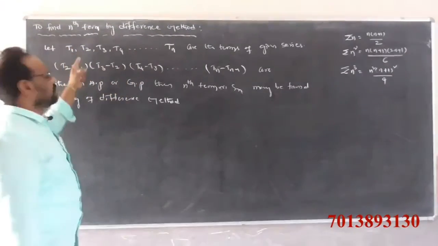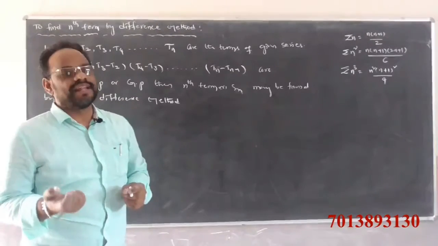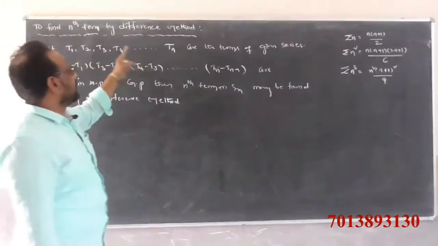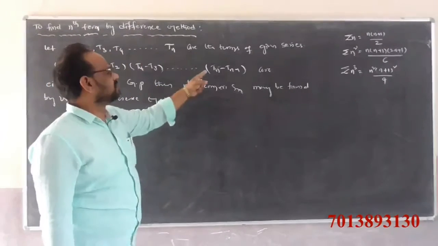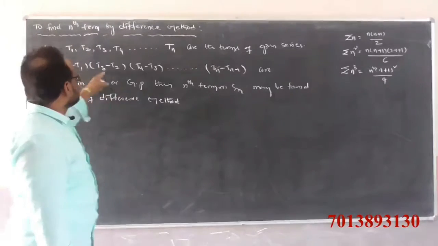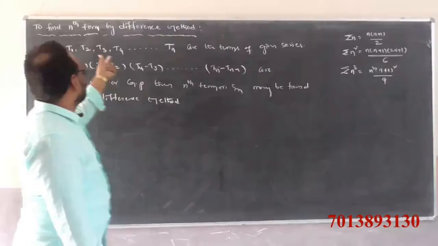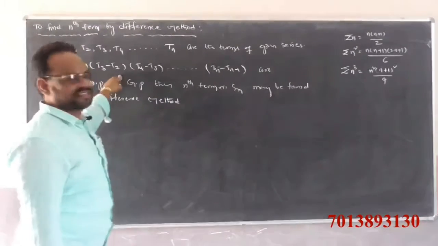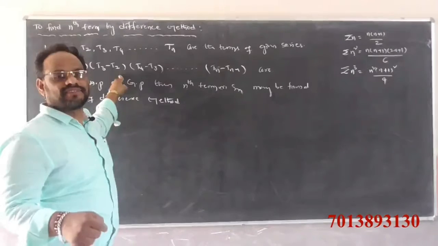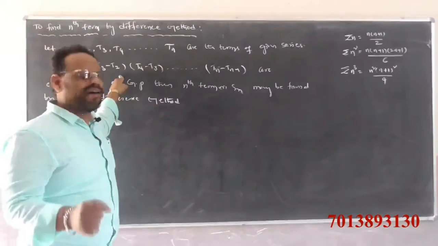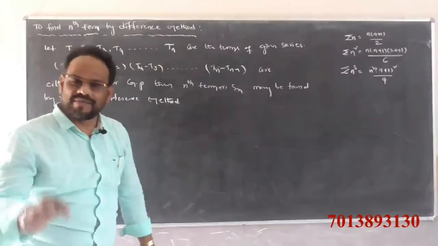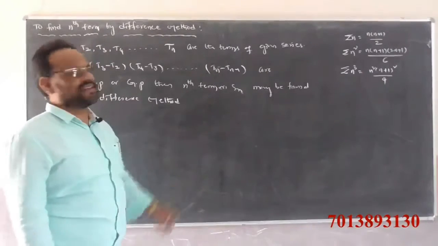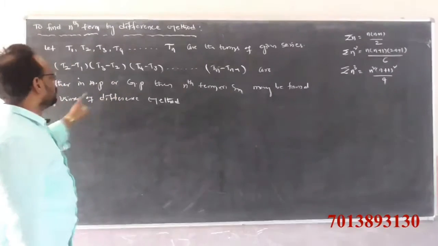by using the difference method. What is it? First of all, we find the difference between any two consecutive terms: T2 minus T1, T3 minus T2, T4 minus T3, T5 minus T4, and so on up to Tn minus 1. The differences between the consecutive terms of the sequence or series also give another sequence or series. If the terms of this series are in AP or in GP, the nth term or the sum of n terms, Sn, may be found by using the difference